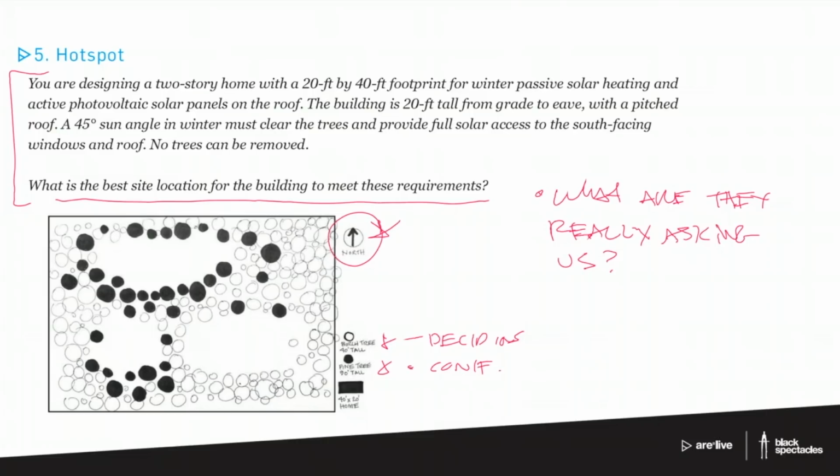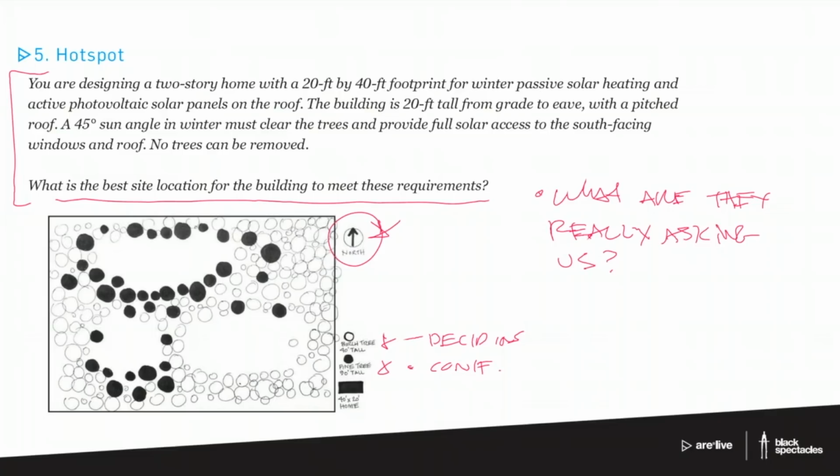We know that I can't remove any trees, so I'm either going to go in clearing 1, 2, or 3. And let's see. I know I don't want a lot of pine trees. And the 2 on the left look like they have a lot of pine trees. The one on the right looks like they don't, and that it's going to